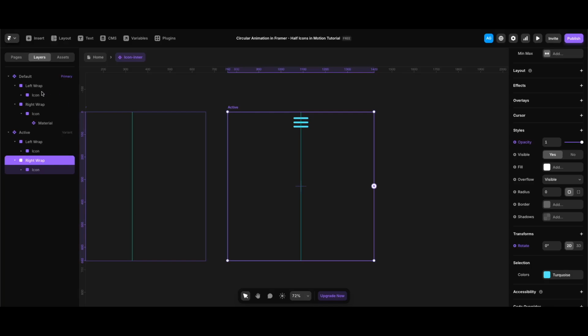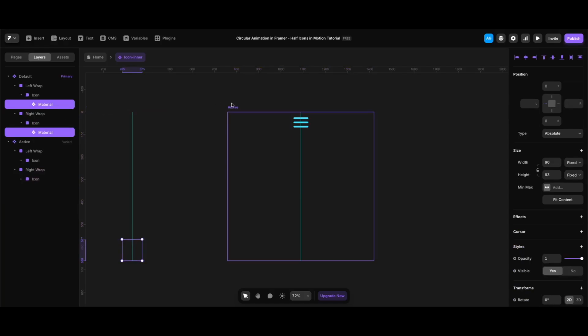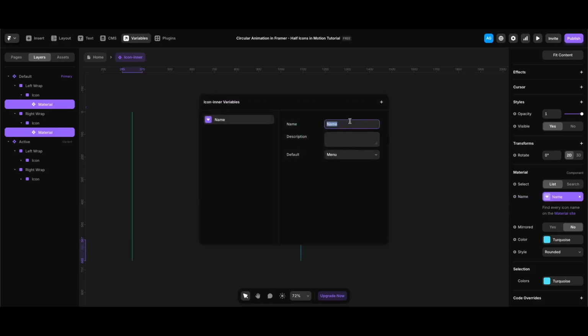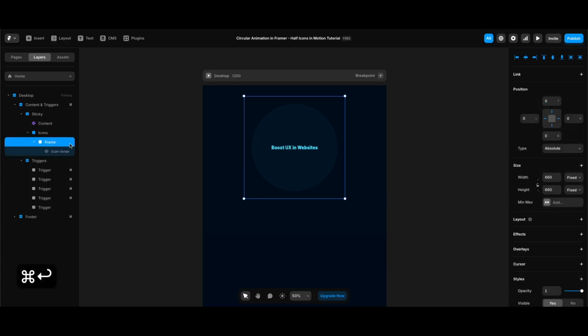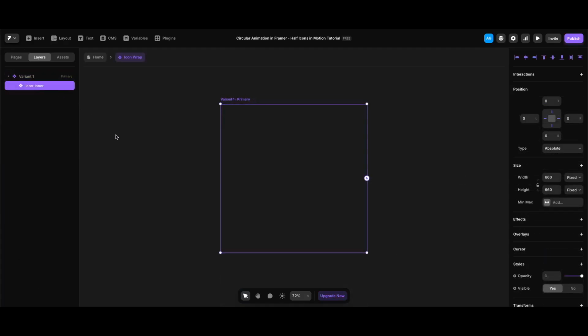So in the default variant, I will select both material icons under left and right wrap frames, click name under material component properties, and after assigning it to a variable, I will name it icon name. Now we can go back to home screen, wrap icon inner in another frame and name it icon wrap, make it a component. And in the component screen, we can start cloning icon inner component to have all the icons